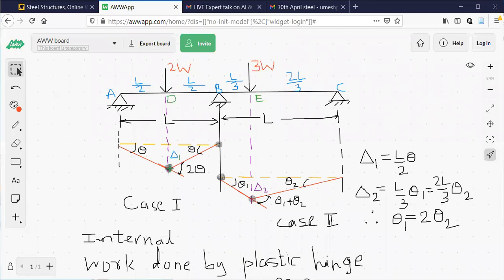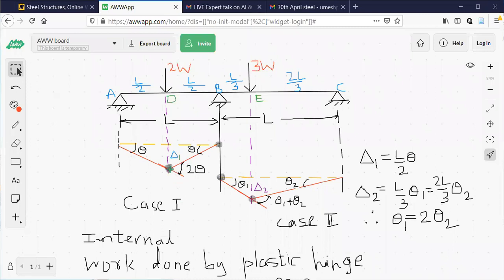Once the plastic hinge forms, the structure has not collapsed. Try to understand. It needs a sufficient number of hinges to form. Then we say that a mechanism has been reached. It has reached a mechanism, which means it is going to collapse now. In case of a two-span continuous beam, if a plastic hinge is formed at D only and at no other place, the structure will not collapse. It may be unstable, but it will not collapse. So one more plastic hinge will be formed if you continuously increase this load. You further increase the load.